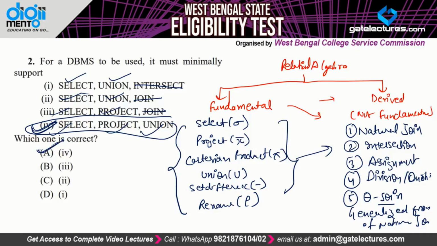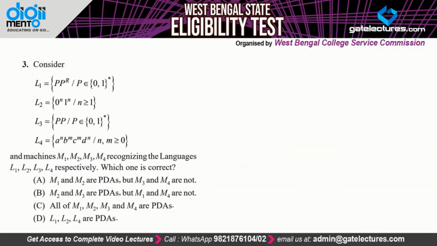And I feel the option which is given in the official answers is wrong, because in the official answers I have seen that they have given option number C, and this option number C is actually wrong. So you can get it corrected over there, but I feel the correct answer is option number A for this given question. Now in the next case they are giving 4 languages, which are language